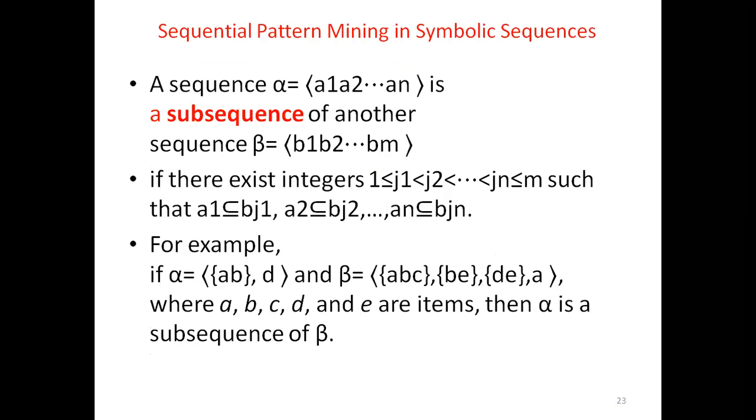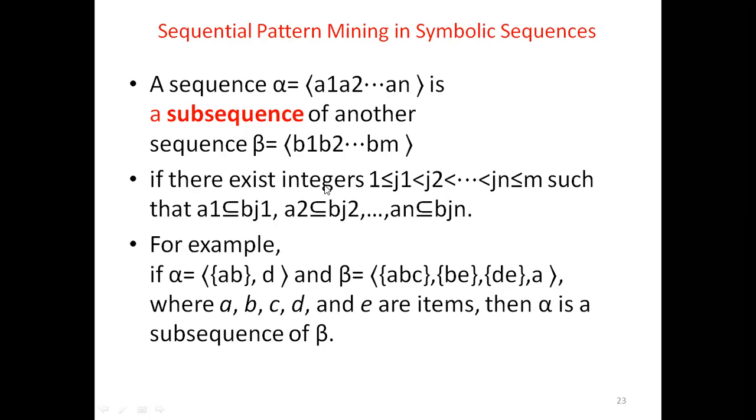Let us take a simple example: a sequence alpha and a subsequence of another sequence beta. That means alpha is a subsequence of beta. Alpha has the elements A1, A2, A3, and so on up to An. Beta has the elements B1, B2, B3. Here, alpha is a subsequence of beta